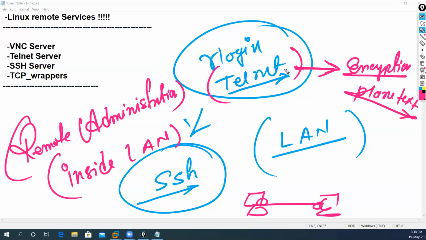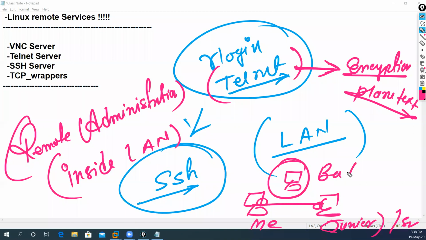Okay, it's called Telnet. This means if there is a risk in my LAN network, a bad actor or attacker can attack my sessions or sniff my sessions and capture my communications. Okay, this is me, and this is, for example, my junior, or you can say this is my server, and this is the bad actor,